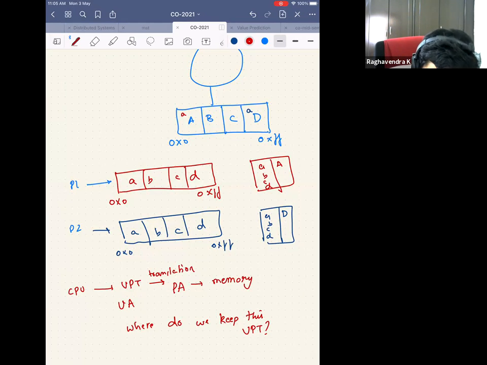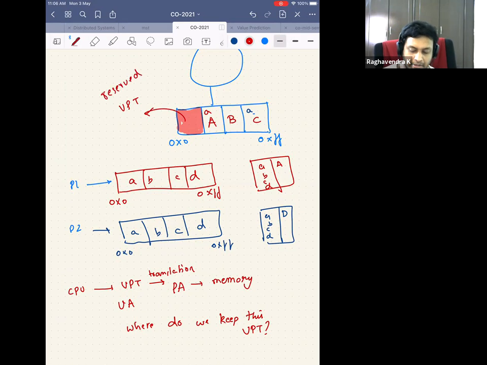So what we said was we'll reserve some memory. Maybe we will reserve this particular piece of memory here. Maybe we'll reserve 64 bytes of memory here, which is only storing the virtual page table. This is one of the solutions. Of course, there can be any other solution. And then we have ABCD here. So we have only ABC here. This is where we store the virtual page table, so this is reserved. In this way, I am able to handle this data structure.